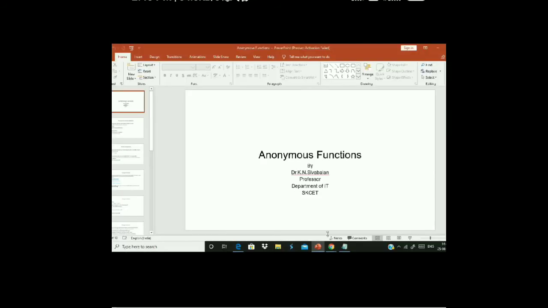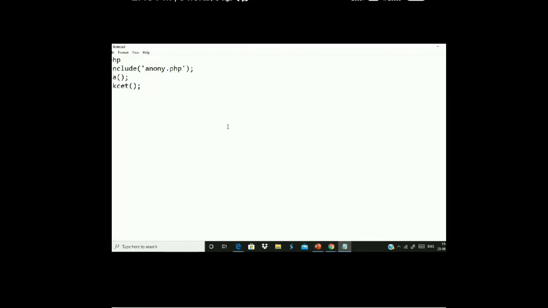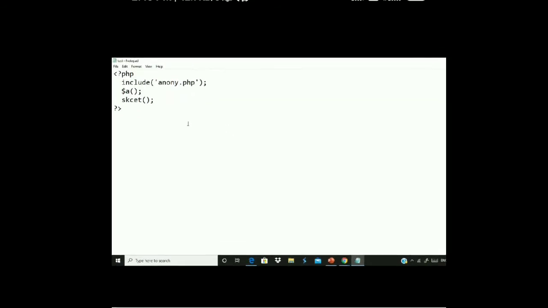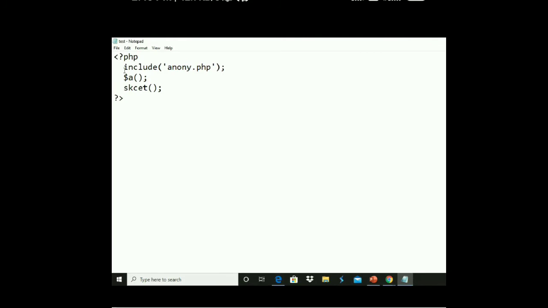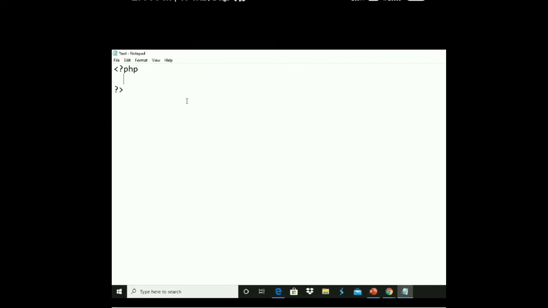How will you write an anonymous function which returns a simple interest here? Okay, interest function.